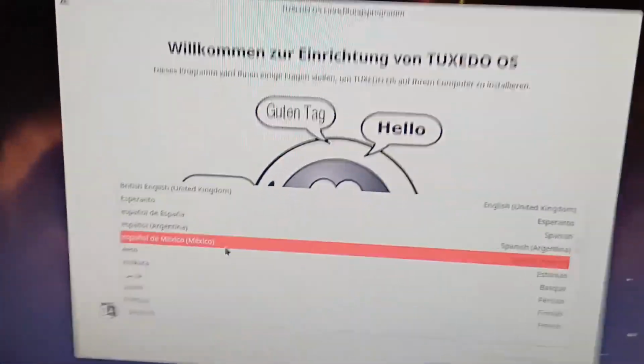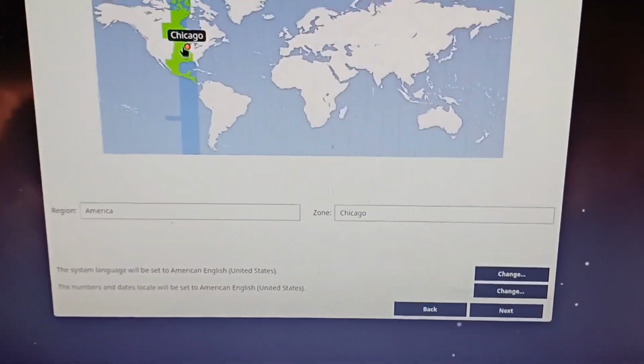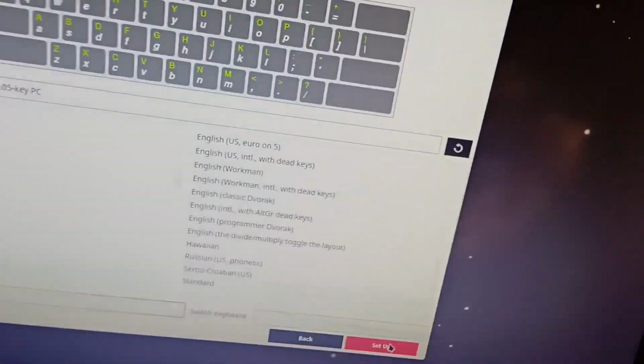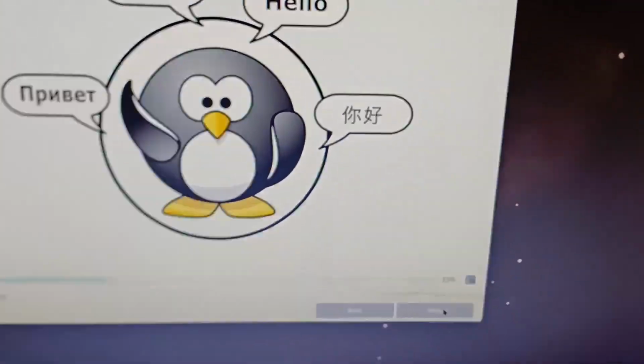Anyway, you're going to want to select your language, American English, and then select your region. I'll just leave that as is because it doesn't really matter for that. Select your layout. If you don't know what layout you want to use, just leave it as default.